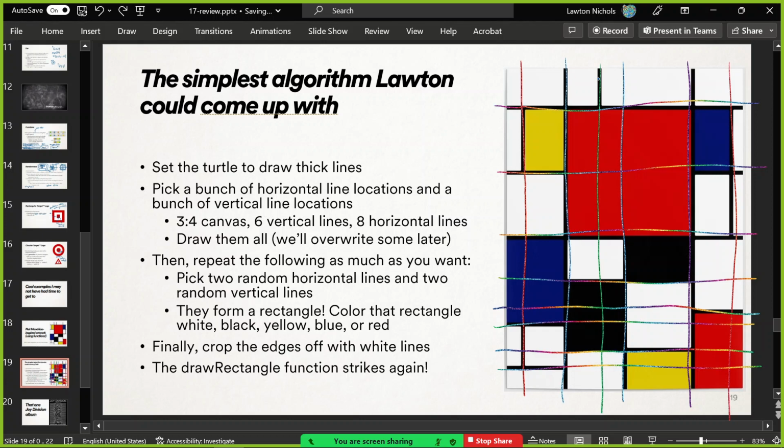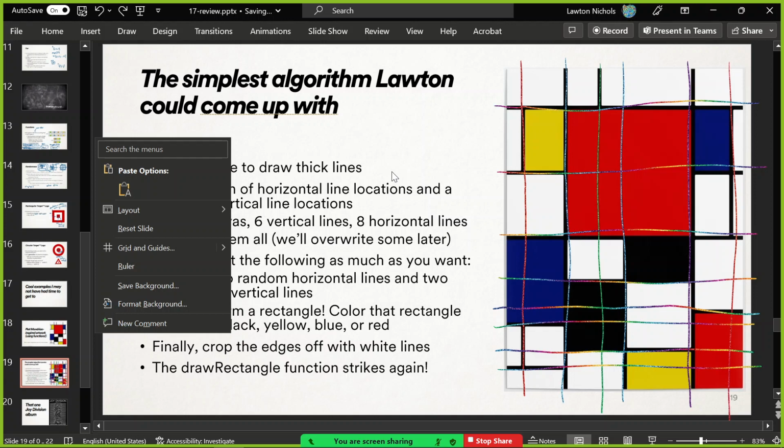Essentially, how you could draw this is pick random lines that are horizontal and vertical, and then pick a couple of them. Pick this line and this line, and then this line and this line, and then randomly pick red, and you've suddenly got a square there. You can draw between the lines, essentially. So pick 2 random horizontal lines, 2 random vertical lines, and draw a square of a random color. That's how I broke it down.